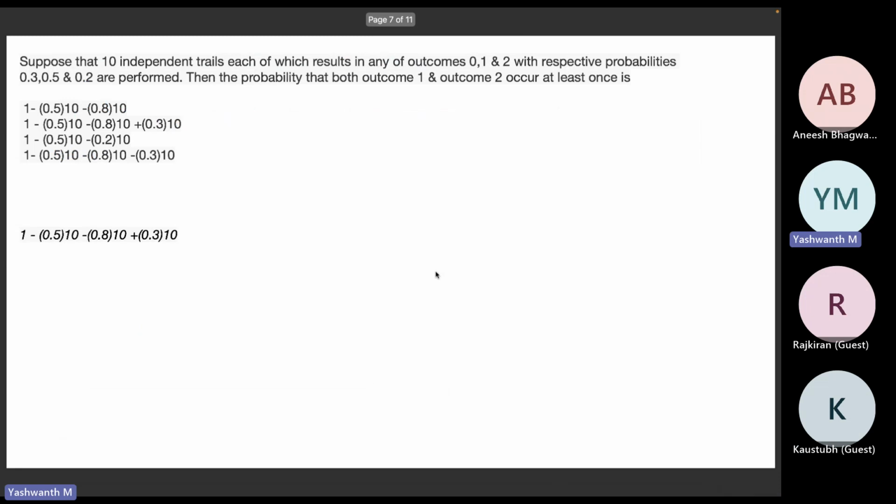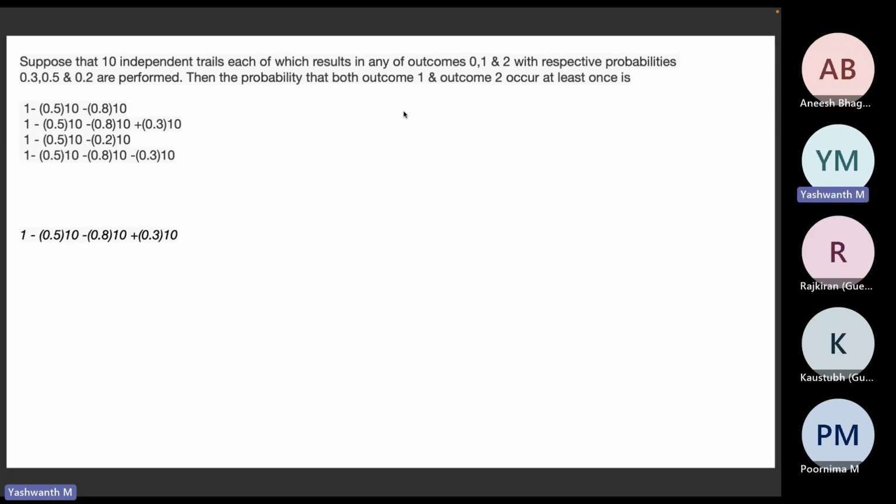Okay, so there are 10 independent trials, each of which results in any of 0, 1, and 2 with respective probabilities 0.3, 0.5, 0.2. Okay, so you get any one outcome. In one trial, you get either 0 or 1 or 2. Okay, so then the probability that both outcome 1 and outcome 2 occur at least once,